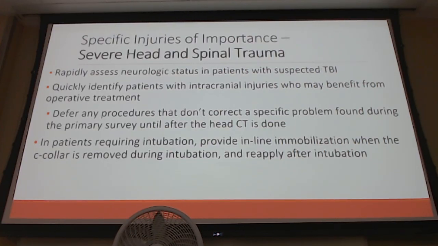Have a high mortality rate if we don't identify them. So severe head and spinal trauma. That's why we're doing our GCS score, and we're doing a thorough exam of their head during our primary assessment, so we can identify those severe head injuries because it's going to affect our